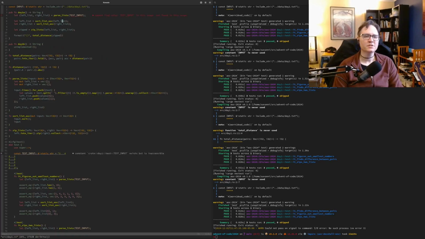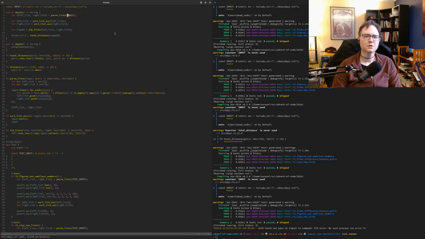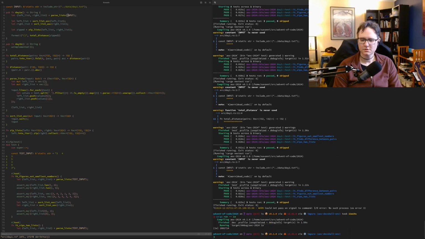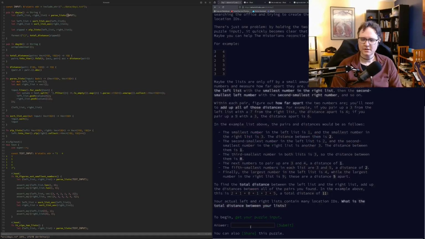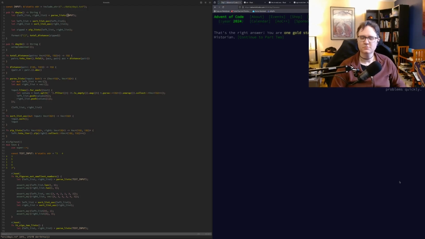And I don't want to use test input here. I want to use the real input. And now we're going to cargo run 1A. And here's our answer, 100 and, well, it's a big number. And all we have to do here, paste it right in here, submit, and cool, one gold star.